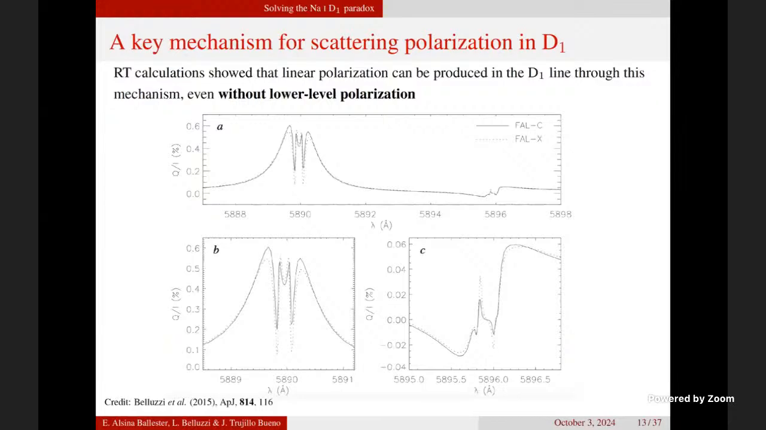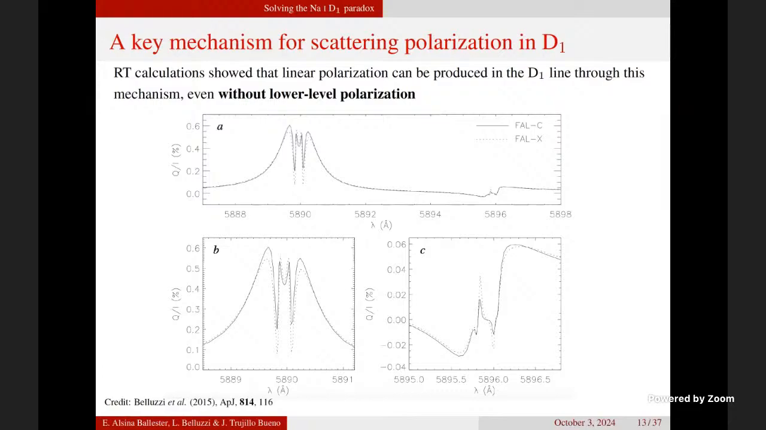And here are some results from my colleagues at the time. I want to draw your attention to panel C, where we see the linear polarization produced in the D1 line. And indeed, by accounting for this physical mechanism, the variation of the anisotropy within the window spanned by the various hyperfine structure components, some linear polarization could be produced. The solid and dashed black curves are simply calculations in different atmospheric models. Now, this was already a breakthrough, but it was not the